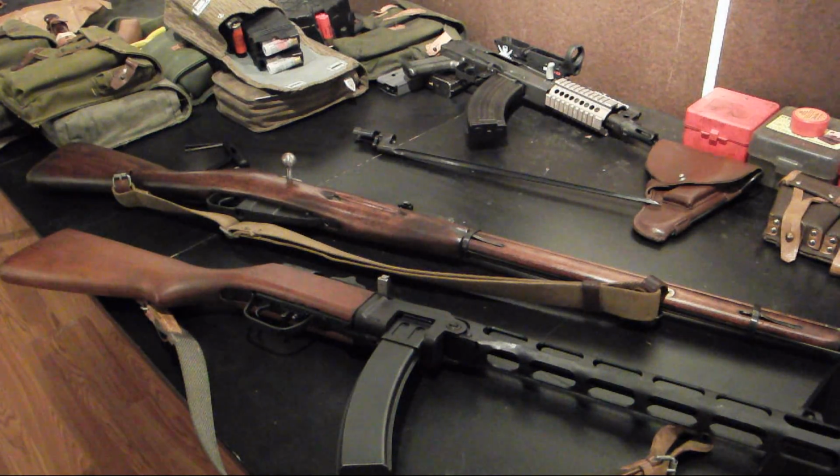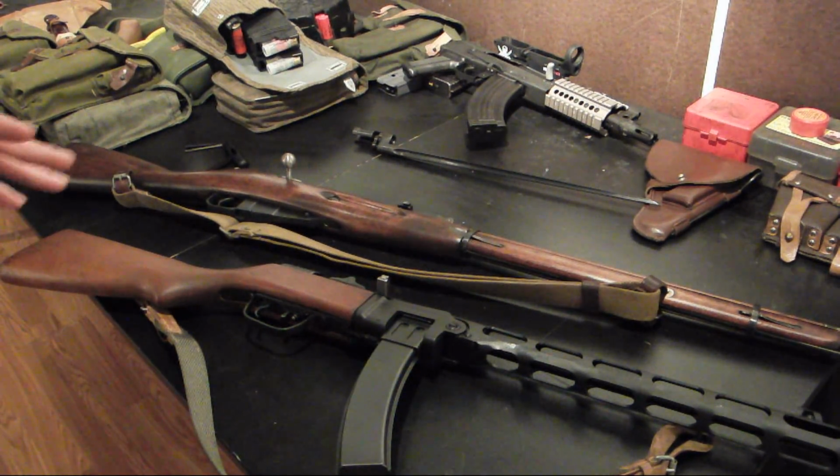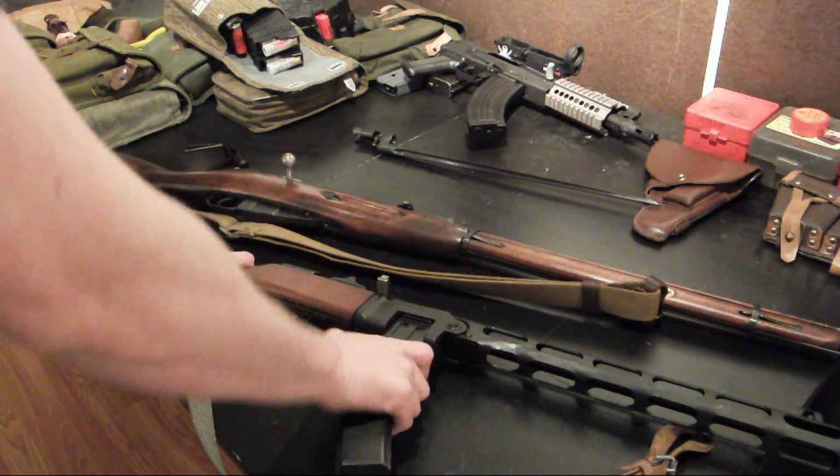So I'm going to tear apart a PPSH. This is a Wiselight Arms PPSH actually. The barrel length on this gun is longer due to the fact that it's a U.S. legal version, not a short barrel rifle. I just want to show you how the barrel is designed and why certain parts of it could not come from an existing barrel, although they could come from a barrel blank before a gun was ever made. So we'll start with the PPSH and then we'll do the Mosin. Mainly this will be involving measurements. So first let's go ahead and unload the